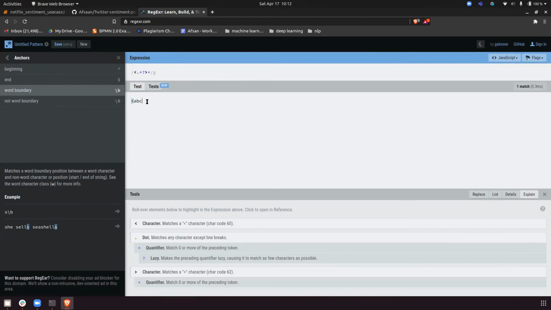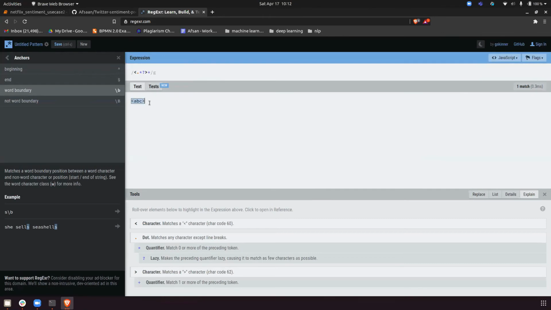Yeah, now it's working. See, the bracket is getting cached here. Okay, great. So this is because of the plus. So now you understood what I'm trying to do: any text inside this, or any emojis or anything that is there, I'm trying to remove that. That's it. It's clear now?